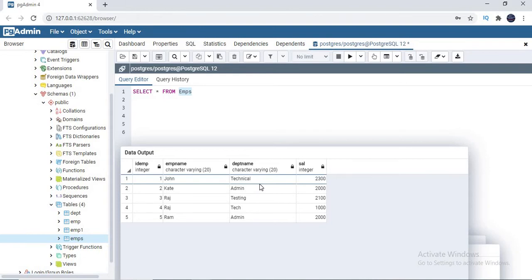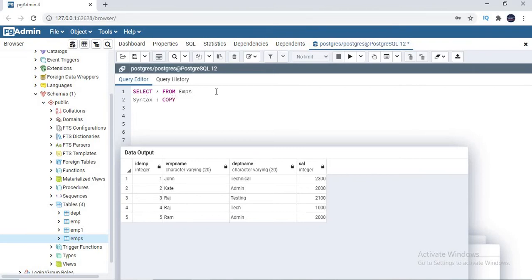How easily can I do it? I can write one simple command to export the data. If you want all the columns, we can do it. If you want any specific columns, you can do that also. It's up to us. Now let me show you the syntax. You need to use the COPY command.